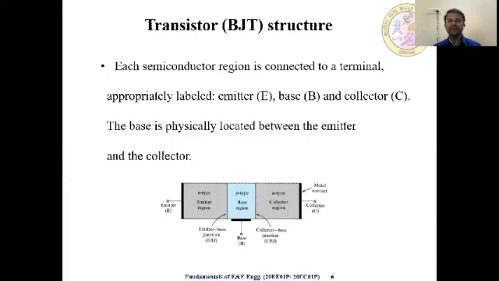So the junction between emitter and base is called the emitter-base junction, and the junction between base and collector is called the collector-base junction. You can see the three terminals etched from three different regions. That is the emitter part, base part, and the collector part. And there will be a metal contact on either side of the regions. That is on the emitter part and the collector part and on the base part for the biasing purpose. So what is biasing? Biasing means applying the external DC voltage for a transistor in order to turn it on.